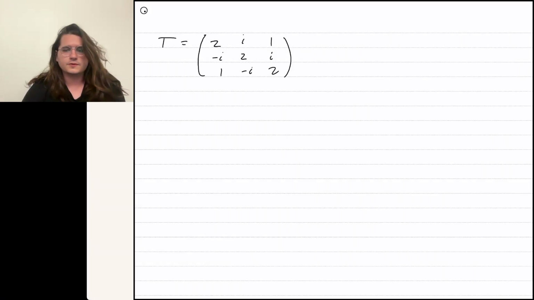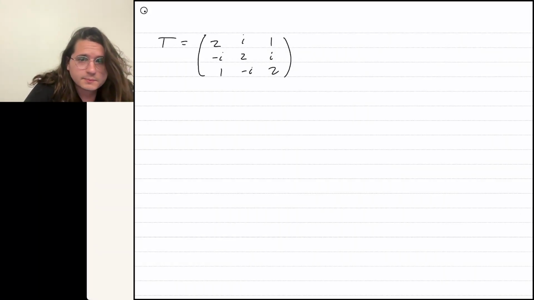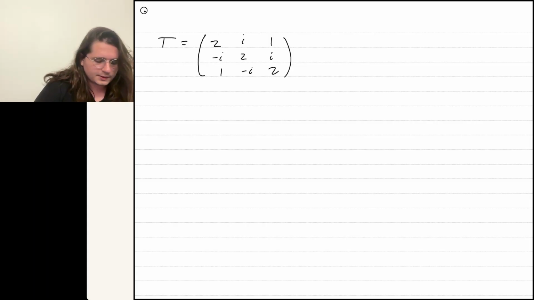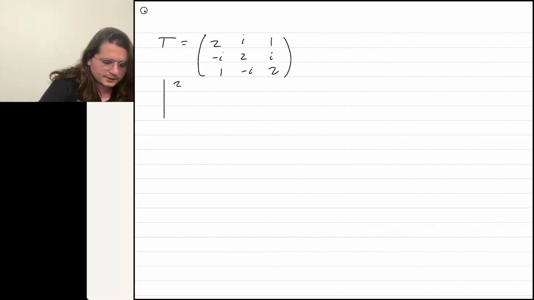Alright, silly people, here's the situation. We got this silly little matrix that we're going to be doing some stuff to. The first thing that we're going to do to it is actually just get the determinant of it and the trace of it. So the determinant is going to be just setting up the